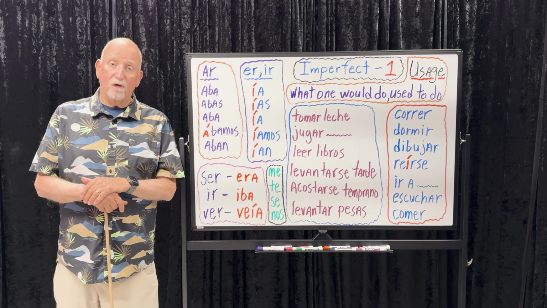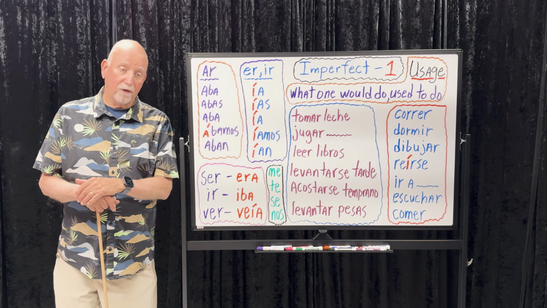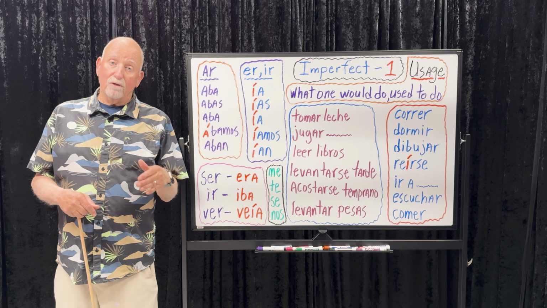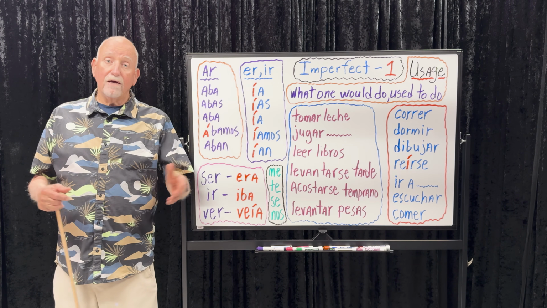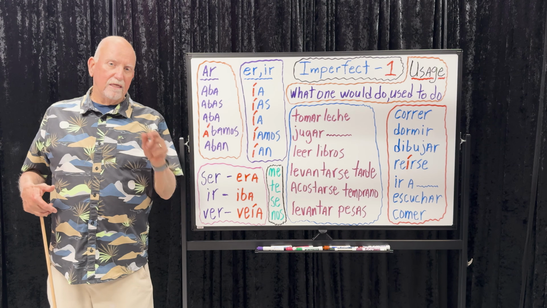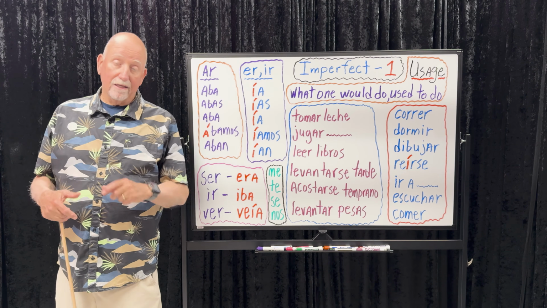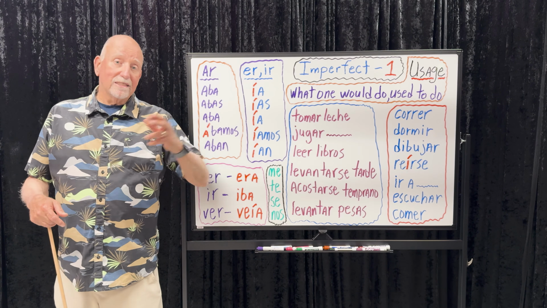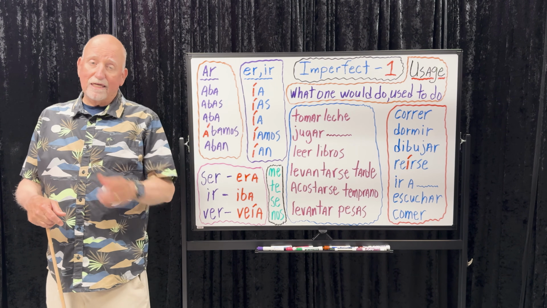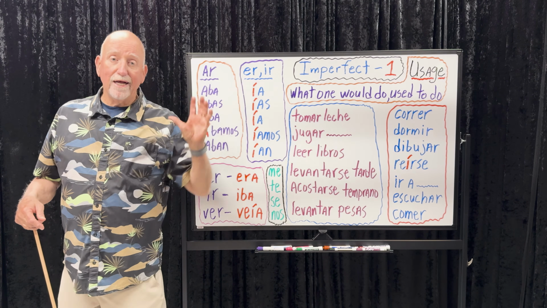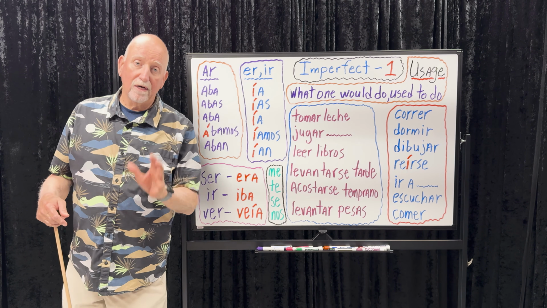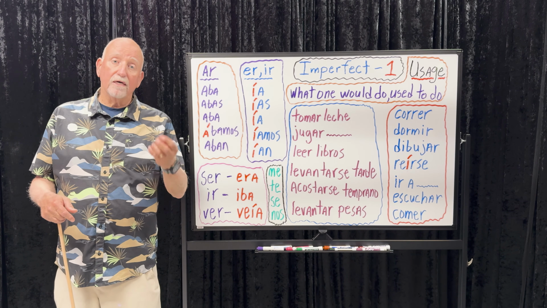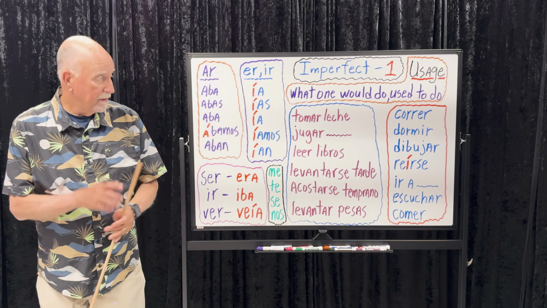We used to go to the dances at school to have fun, okay? Íbamos, with an accent on the I, íbamos a los bailes de la escuela to have fun, para divertirnos. Divertirnos is the verb to have fun. A lot of students don't have fun with that verb because it's reflexive and it's an E to IE stem change in the present tense. It's an E to I stem change in the preterite. But we're going to handle it very, very well. Anyways, we would go there to have fun. Íbamos allí para divertirnos, to divert ourselves.